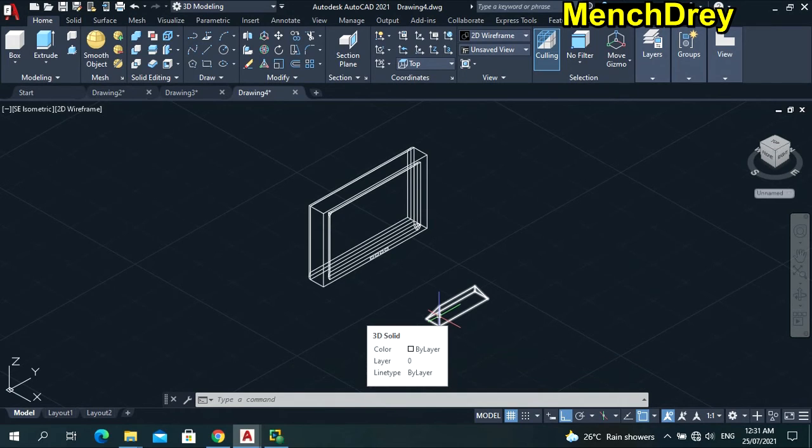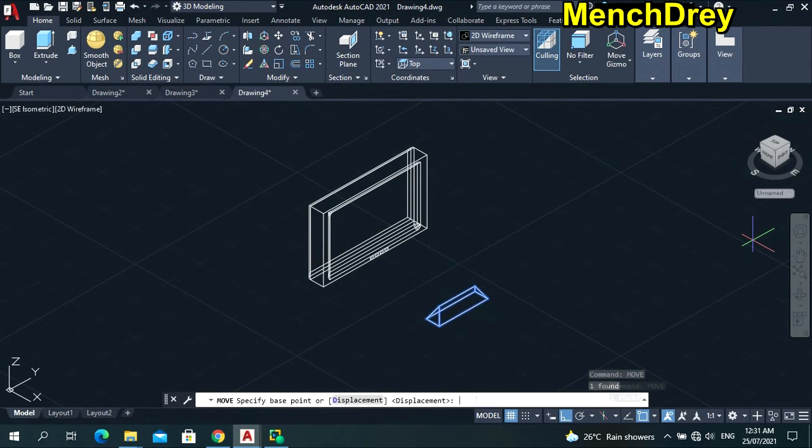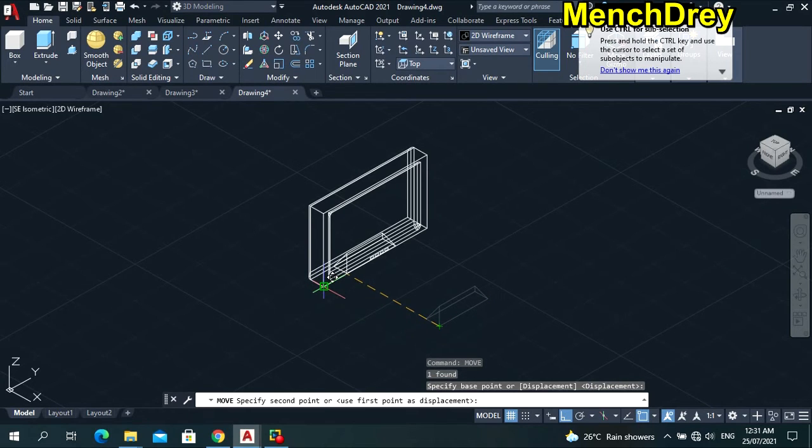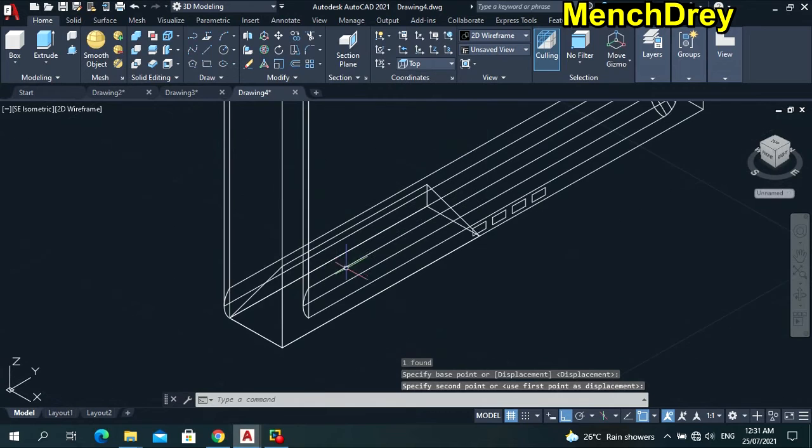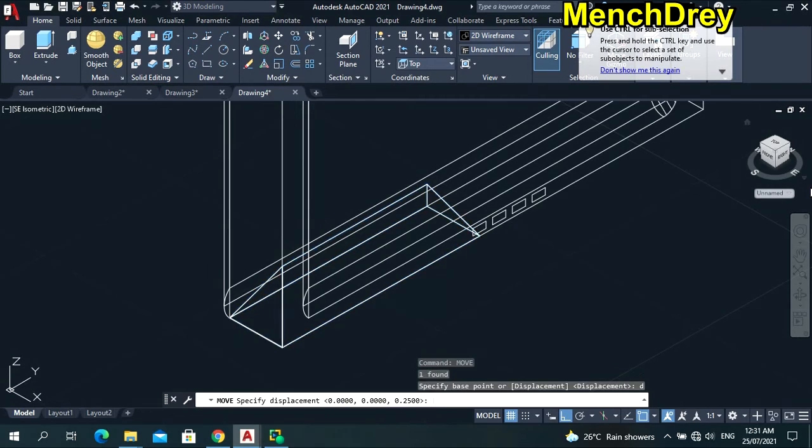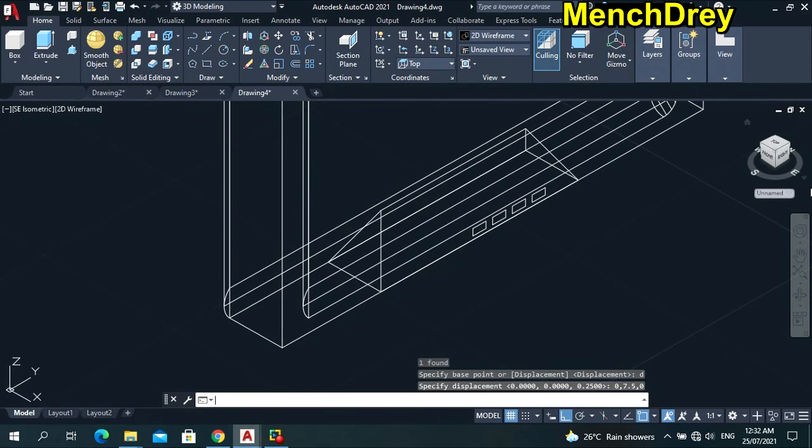Okay, so I have to move this one. Move this to the corner of the monitor. So I'll use this corner to here. And then I'll move it to the center. So my Y should be replaced by 7.5. Enter. So I already placed it on the center,